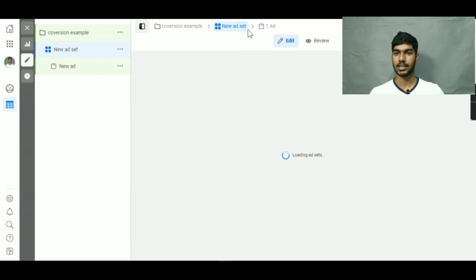Now we are on ad set level. For ad set level, you need to name it.